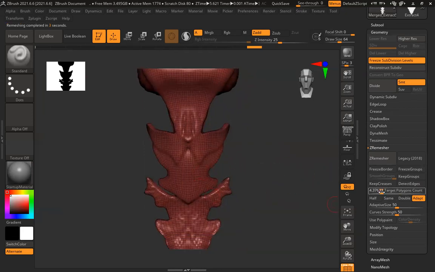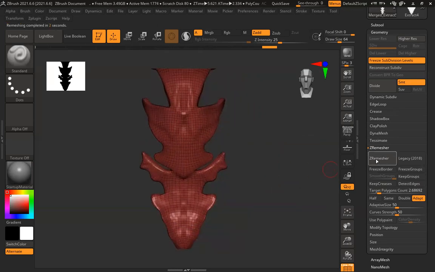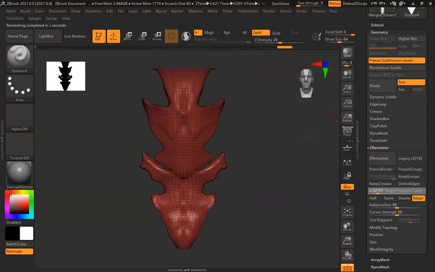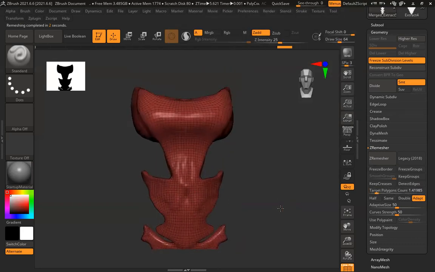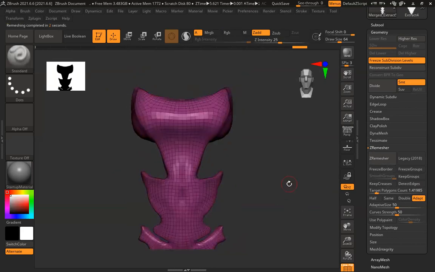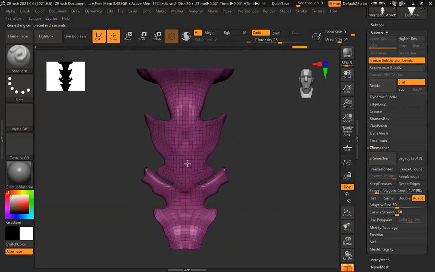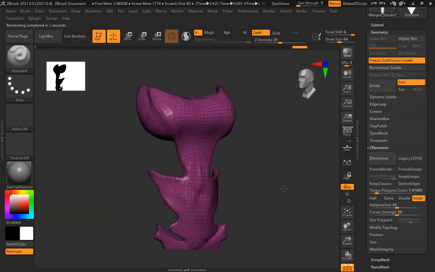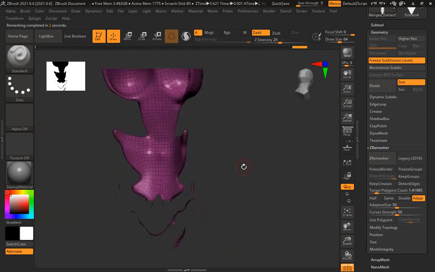Still looks pretty dense. Let's go one more time. Still high. Yeah, this is quite nice, quite low poly. And the backside I can delete and optimize the entire model.